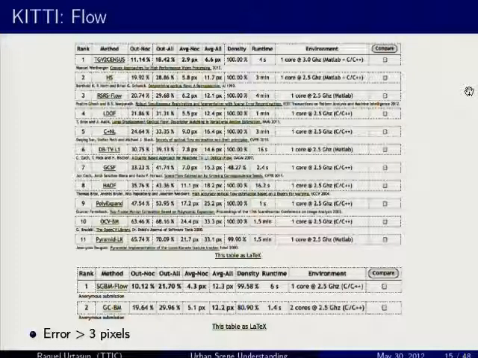One of the things we saw is that flow algorithms are really not ready for these kinds of scenarios. Here we split the tables into two, because the lower part uses visual odometry in order to come up with the epipolar lines.